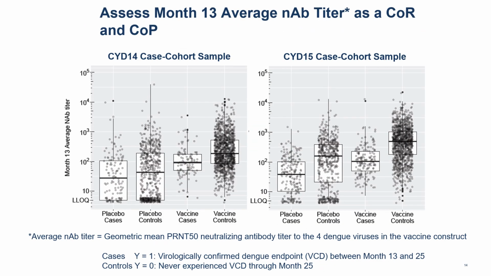This slide shows the neutralizing antibody marker using the PRNT50 assay. And it's showing data for each trial and placebo vaccine and the cases and controls. That virologically confirmed dengue was the endpoint. And you can basically see that neutralization titers were higher in vaccine than placebo, and they're also higher in controls than cases. So we're starting to see descriptively that there's probably some correlates happening here in this trial.